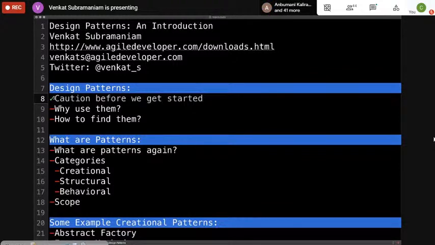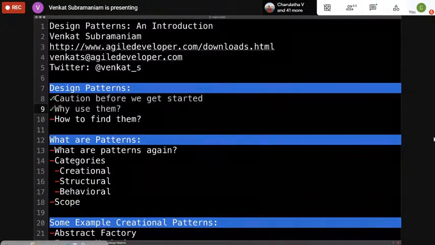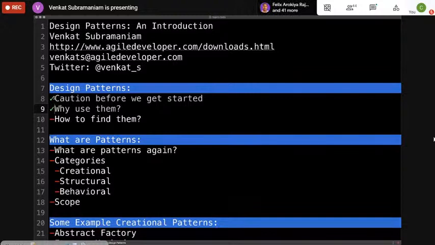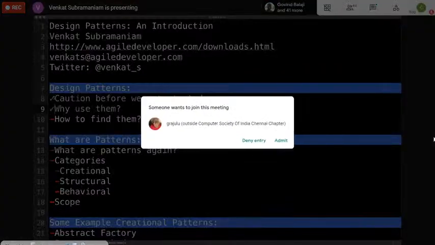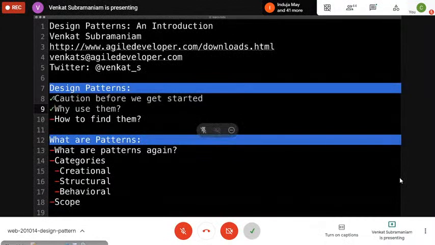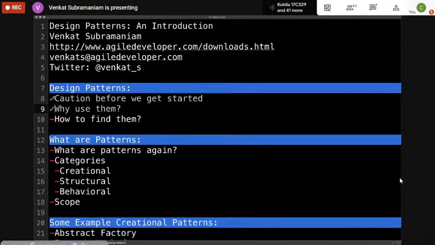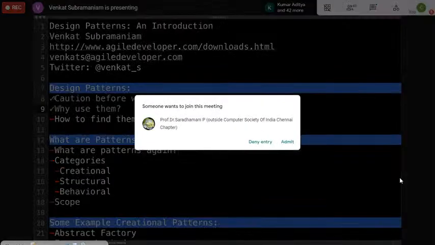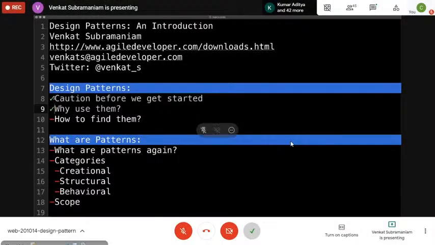But then why should we really use design patterns? Well, there are 2 different reasons why design patterns are really useful. These are helpful to come up with solutions that are being tried out so often that we don't have to reinvent the wheel. We can simply use what's been tried and tested and well known already. So we can gain from the collective knowledge and the collective wisdom of people who have developed software before us and around us. That's one of the biggest benefits of using design patterns, is that we gain from the collective wisdom and the collective knowledge of people who have already used them.